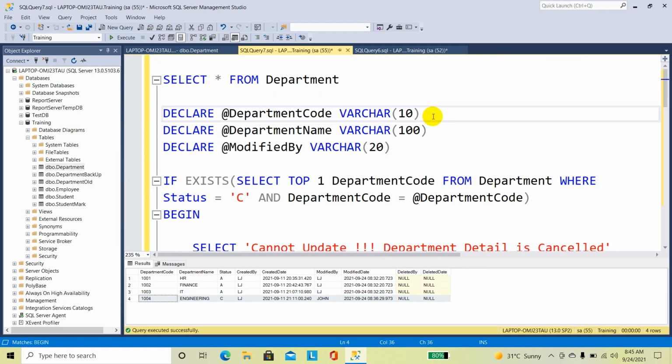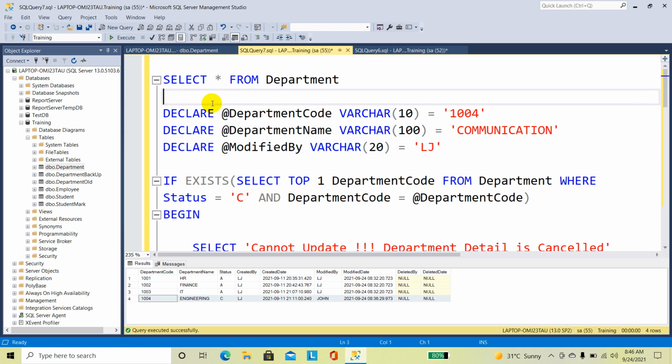Now I am going to pass the variable here. Department code I am going to pass 1004. Here I am going to update department name into communication, modified by LJ.